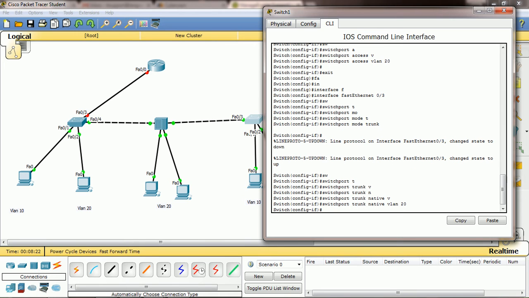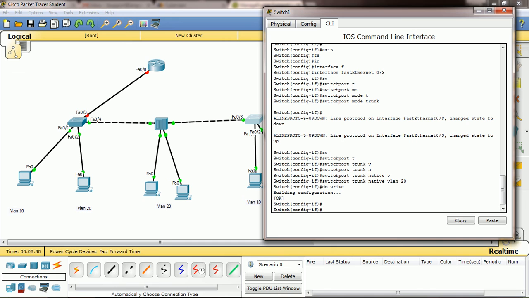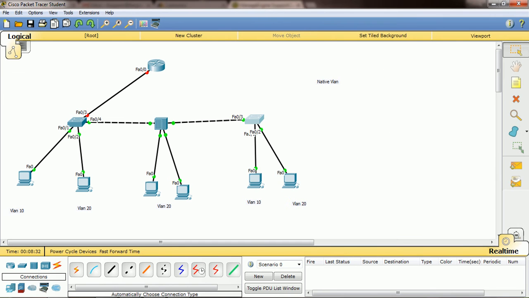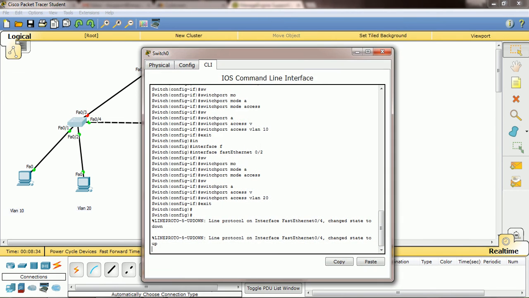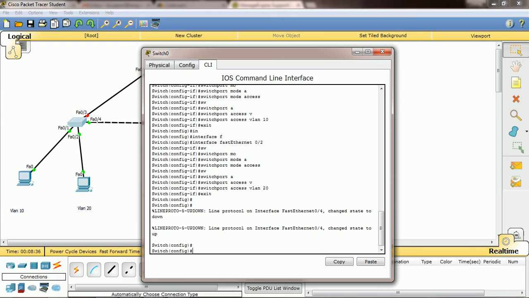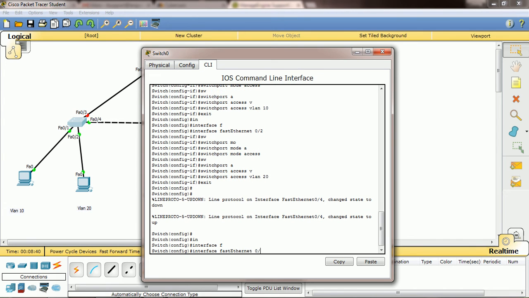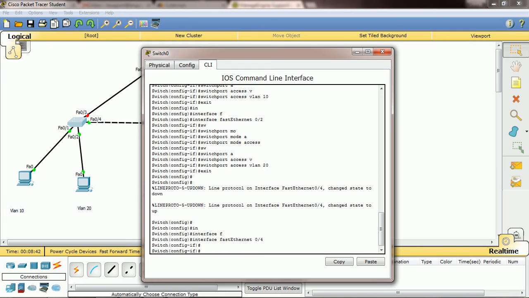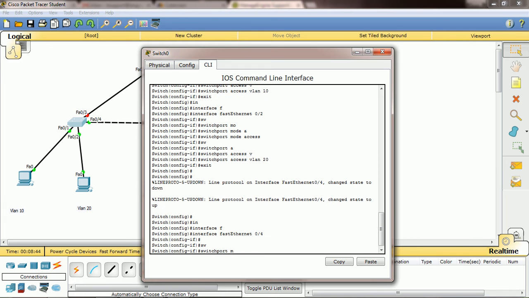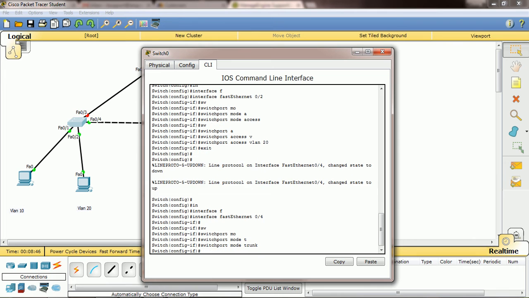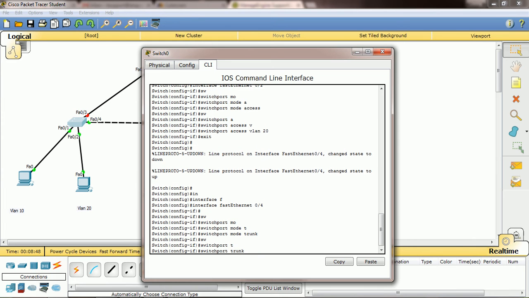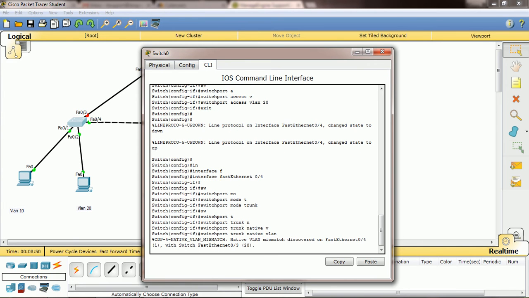Okay, then, yeah, do write, then exit. Same like here also, we will enter into interface FastEthernet 0/4, then switchport mode trunk and switchport trunk native VLAN 20,